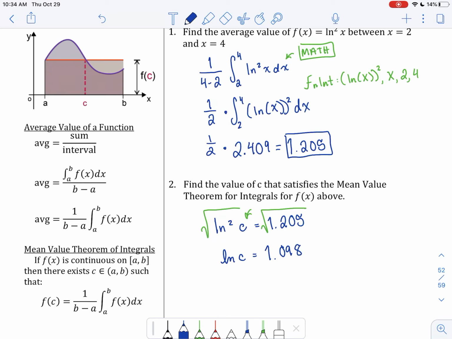I'm rounding it on my paper, I'm not rounding it on my calculator, I should clarify. Then to get c by itself, raise them both to the power of e, and you end up with c is equal to